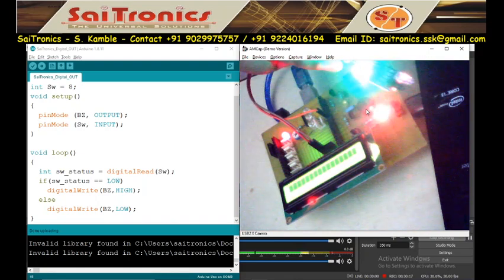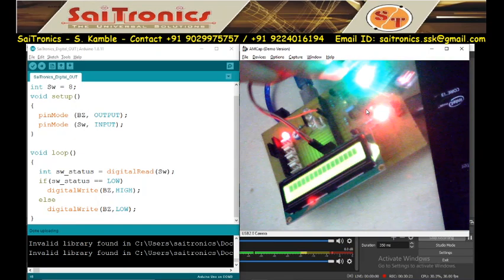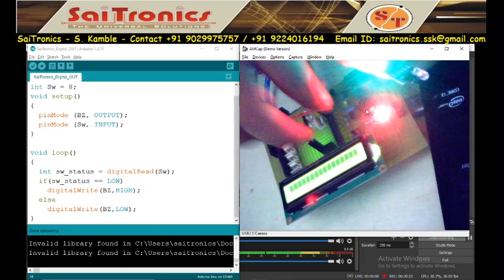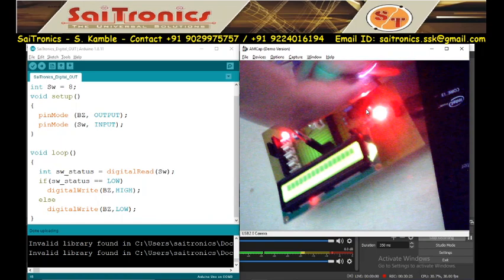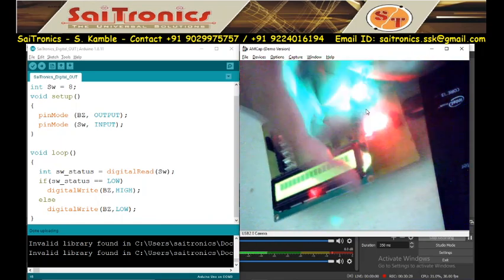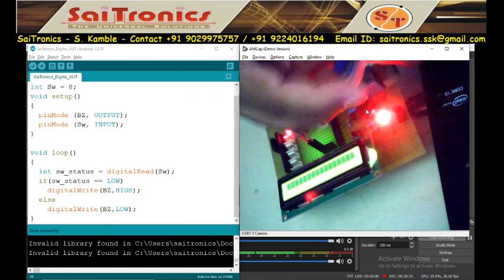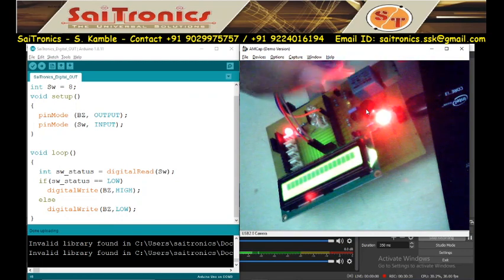This is a simple circuit. Now it is flexible, so just replace the sensor. I will remove this sensor and I will connect another sensor.